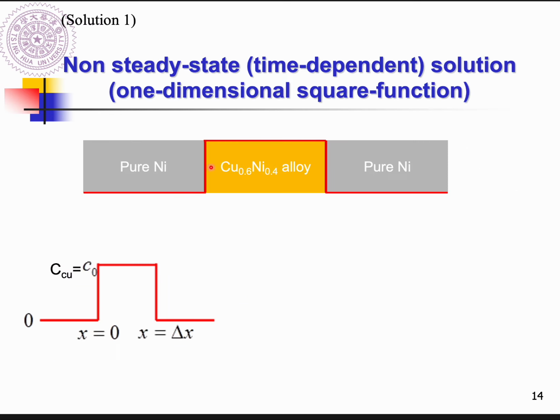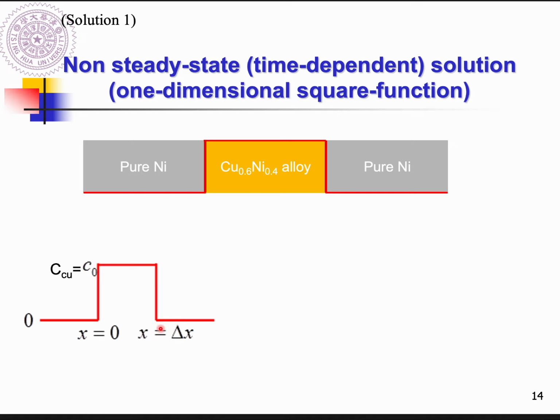And then we give you an example here. If you have a copper-nickel alloy in between pure nickel, and we are interested in the concentration of copper as a function of time during diffusion. So we try to plot the concentration profile of copper, and here is C0. You can get the concentration of copper drawn like a square function. Some people call it a one-dimensional square function, right? And the thickness of this diffusion source, or this copper-nickel alloy, we call it delta